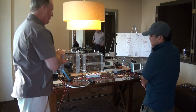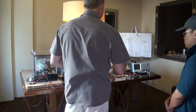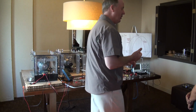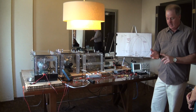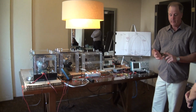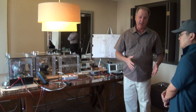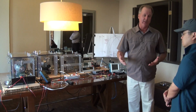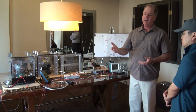So again, our research is focused on allowing electric vehicles to recharge their batteries on acceleration, during coasting, and during braking. Currently, an EV can only recharge its batteries while it's driving in regenerative braking mode, and that slows down